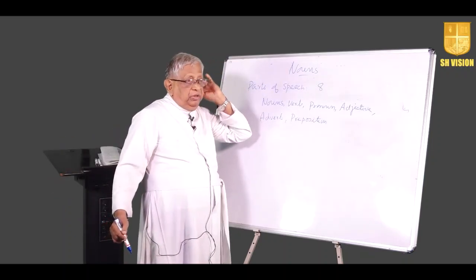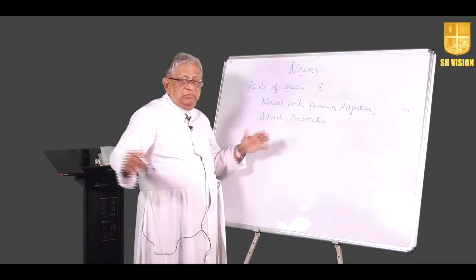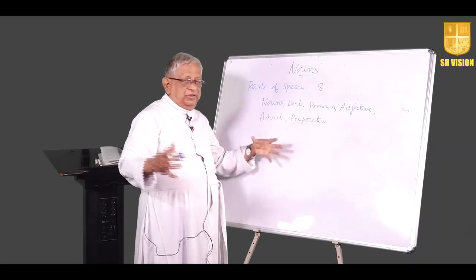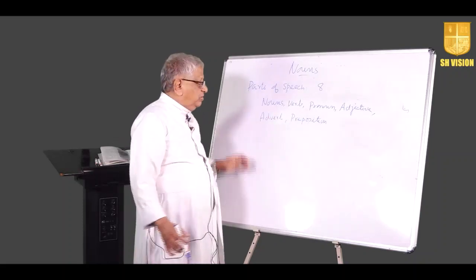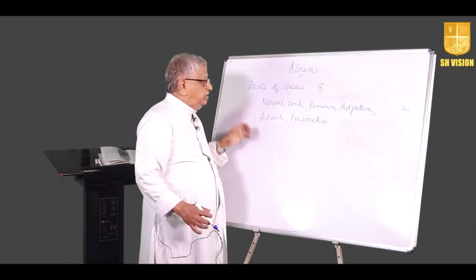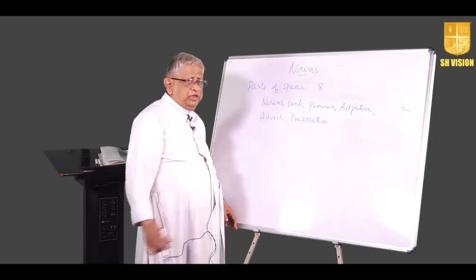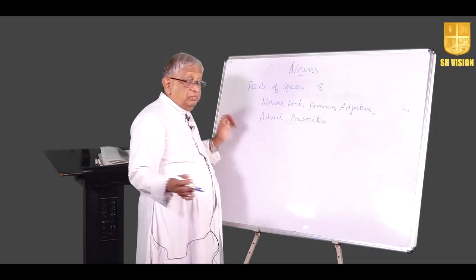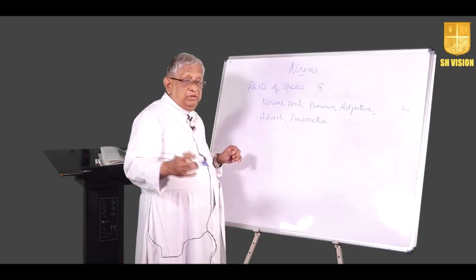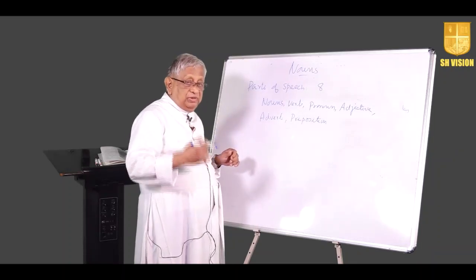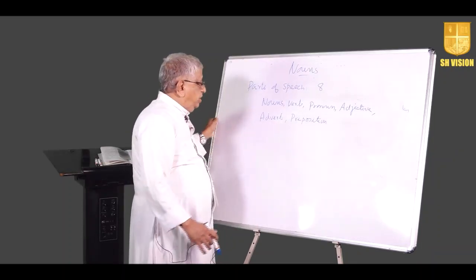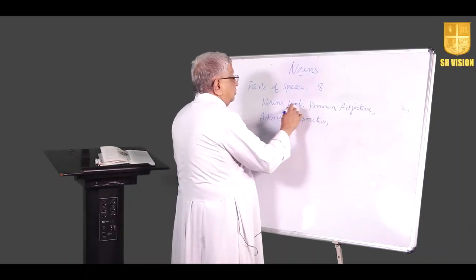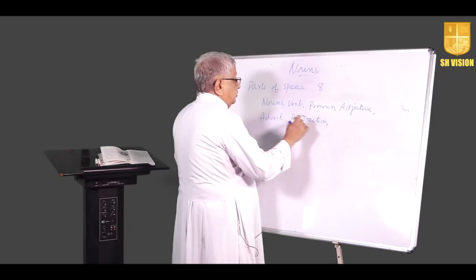Or samgacchati, where sam is a preposition. Samgacchati means to come together. So the preposition is added before the verb and it changes the meaning of the verb, sometimes to the very opposite meaning. Agacchati, come, nirgacchati is to go. Prepositions. So that is 1, 2, 3, 4, 5, 6.